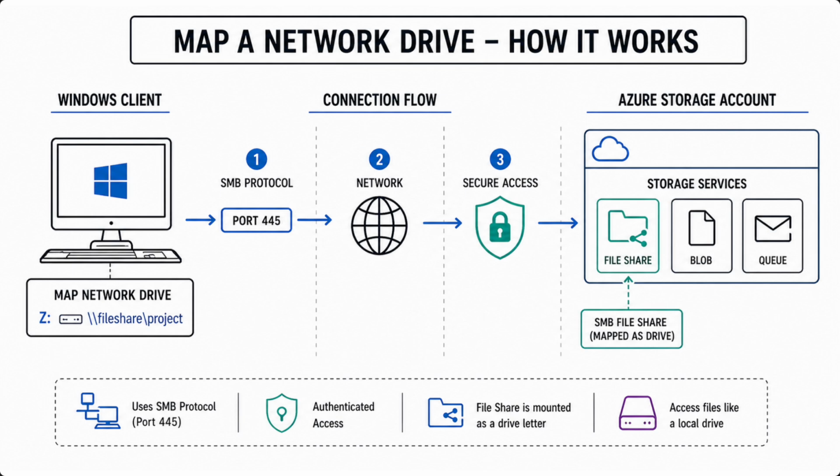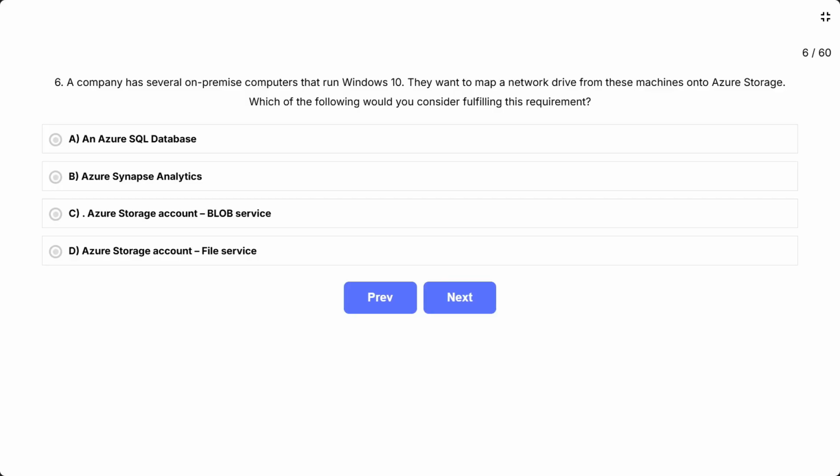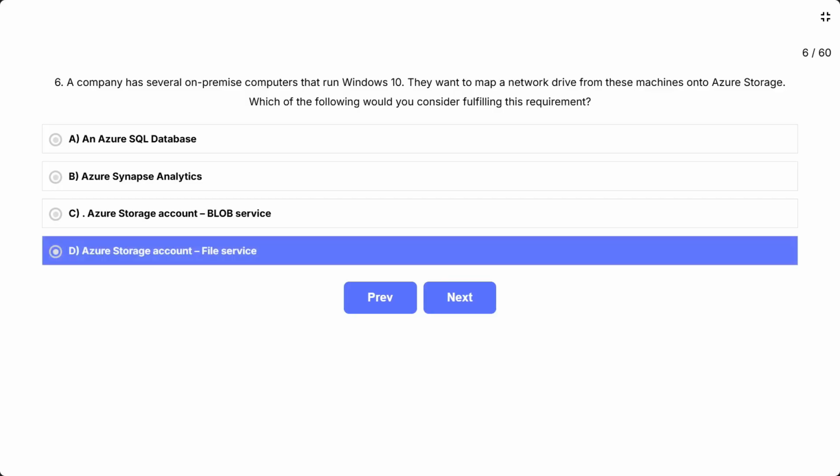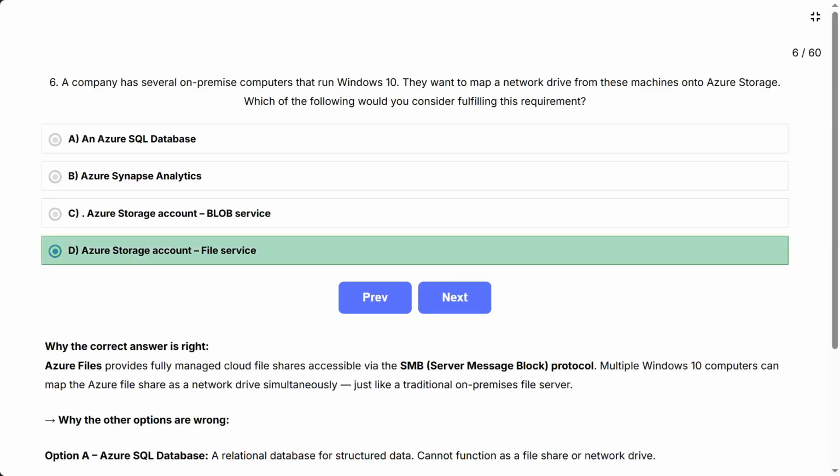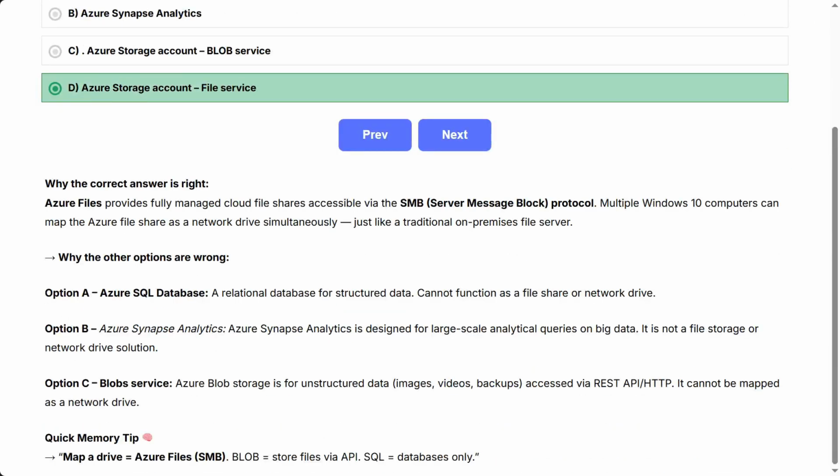The key phrase is map a network drive. This is a very specific storage feature. Only one Azure storage type supports drive mapping from Windows machines. Correct answer: D, Azure Storage Account, File Service. Azure Files provides fully managed cloud file shares accessible via the SMB, Server Message Block Protocol. Multiple Windows 10 computers can map the Azure file share as a network drive simultaneously, just like a traditional on-premises